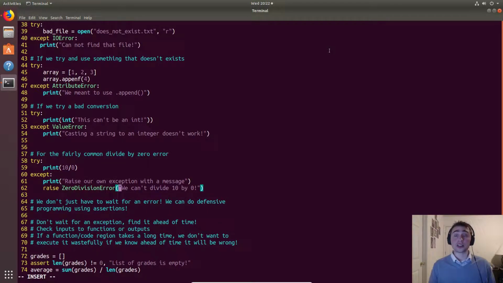But we can also pass it a string. So instead of just getting a generic error message from the interpreter, we can give it our own custom message. And this is really important, especially when debugging or doing testing, where we can get more information or very specific information. So in this case, we can explicitly print out we can't divide 10 by 0, and we can print out whatever we wanted here. So we'll leave this commented out for now, just because this will exit the program, and we have a couple more things that we want to go over.